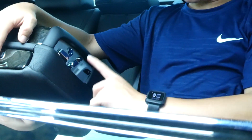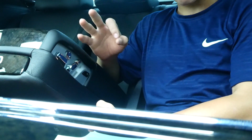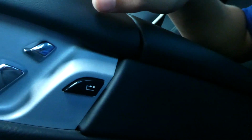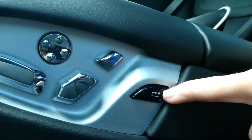Now, pulling into the middle right here, go ahead and pull that down. And if I go ahead and leave it up a little bit so you can see, right here is going to be for this seat. If you want to go ahead and press everything, right now I have extended the full length right there. Right now I have it extended to where I can lean back the most. But if I go ahead and show you by pulling on this right here, pressing this button will allow everything to go at the same time. But you can individually customize by pressing each of these different buttons separately. But if you want to go ahead and put everything at the same time, go ahead and push this button,